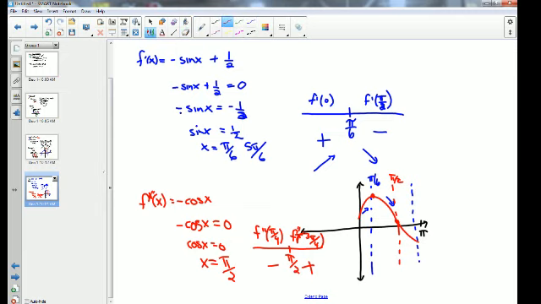So, there we go. Okay. All right. Again, using derivatives. Get those processes down. If you look at